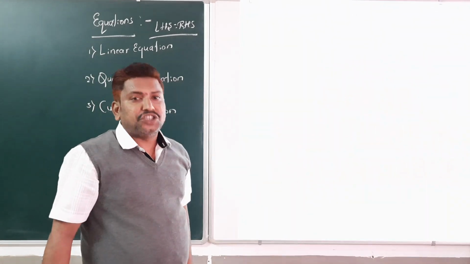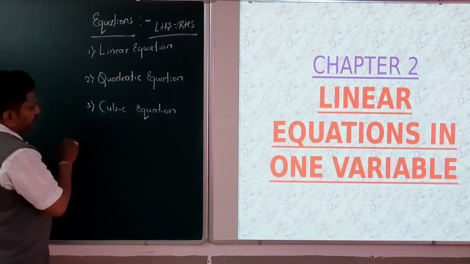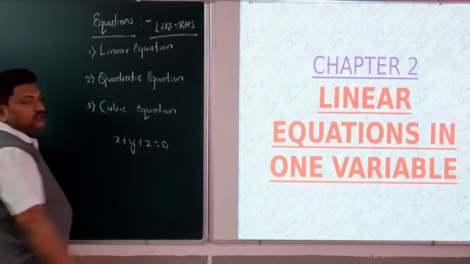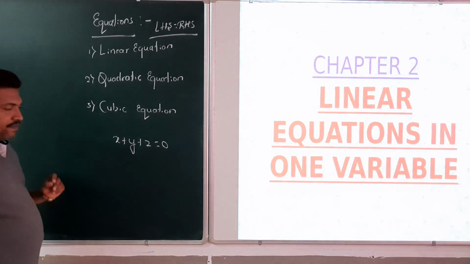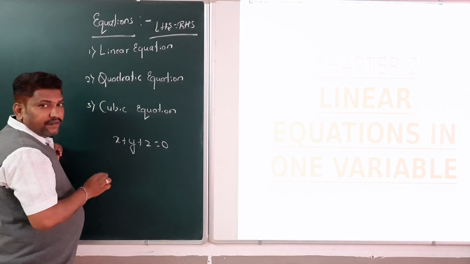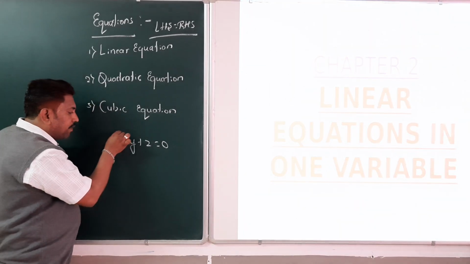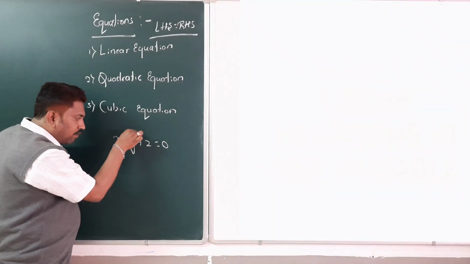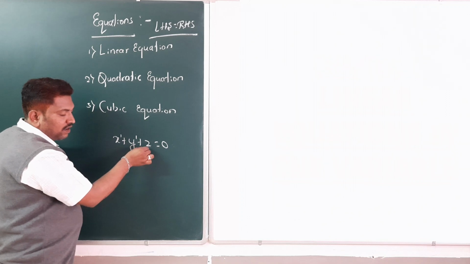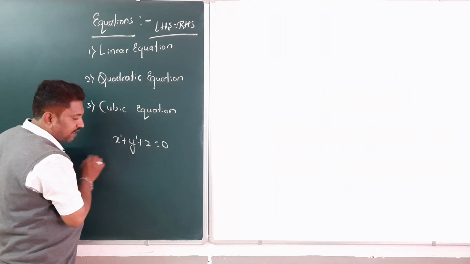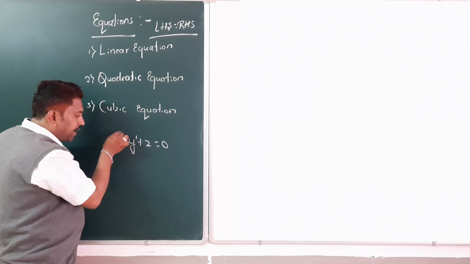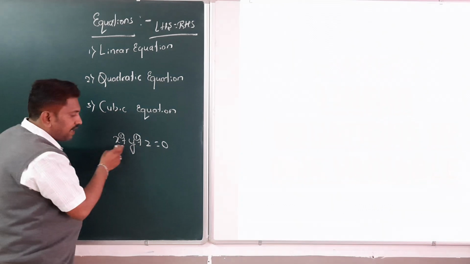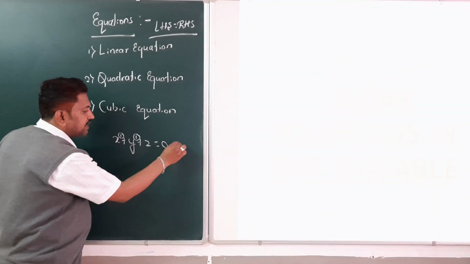For example, write an example for the degree of the equation: x plus y plus 2 is equal to 0. It is our equation. See, you can see only variables. Very important here, variables. What is the power of the variable x here? 1. What is the power of y? 1. Powers are very important. Then we can say that the degree of the equation here is